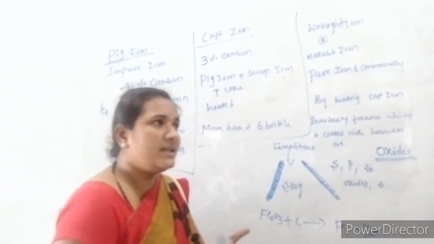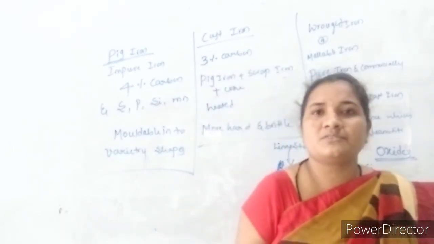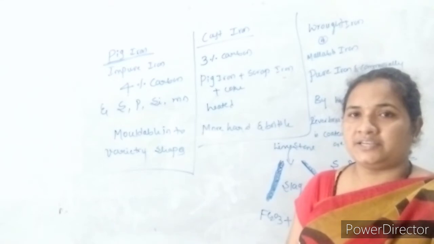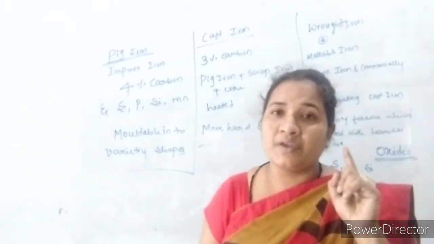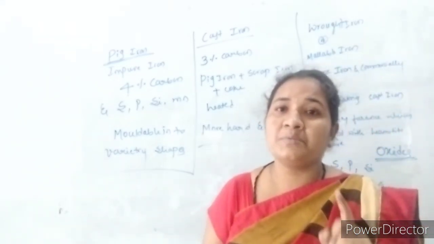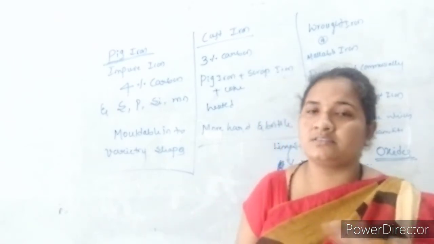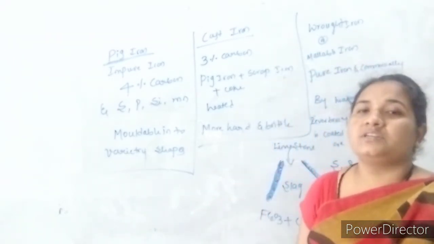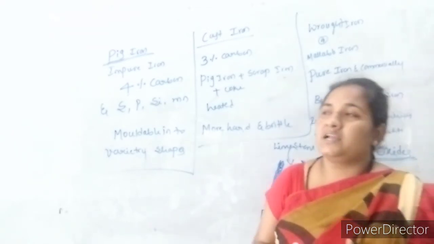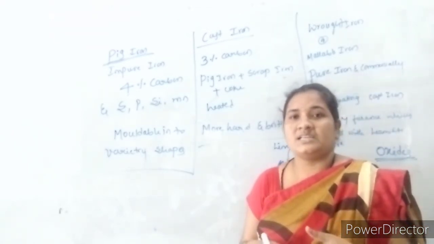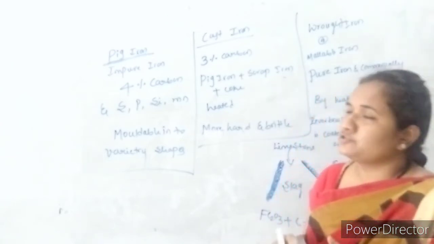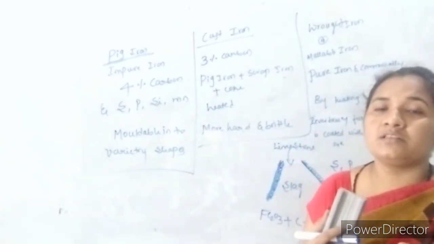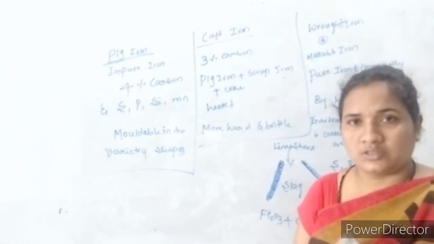If they ask for 3 marks or 4 marks, explain the extraction of iron from hematite ore. You have to remember we are extracting iron from hematite ore, not from siderite or magnetite, because those are not as feasible as hematite. Hematite is economically as well as commercially very good. That's why we are choosing hematite ore, which has the formula Fe2O3.